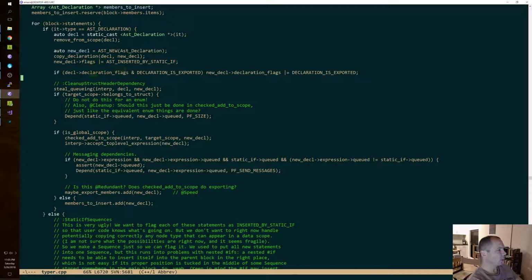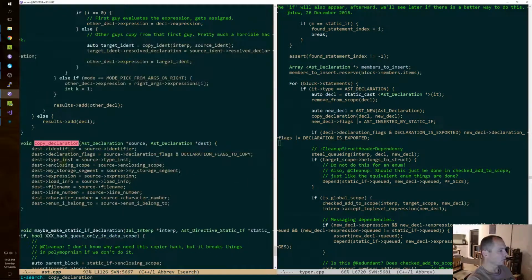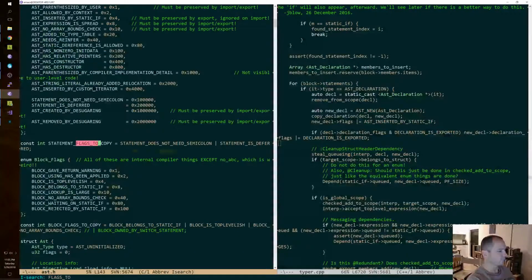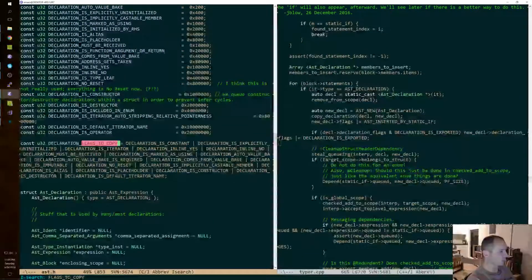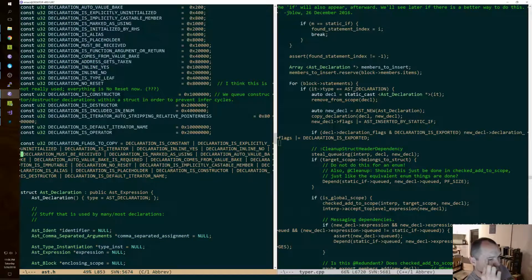All right, so we make a new declaration. We copy the old declaration. The new declaration is inserted by static if. We propagate the exported flag. That may happen in copy declaration. Flags to copy. It's a lot of flags. It's not exported is not in declaration flags to copy.